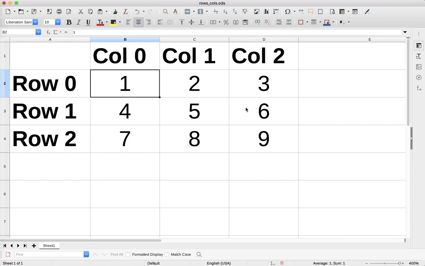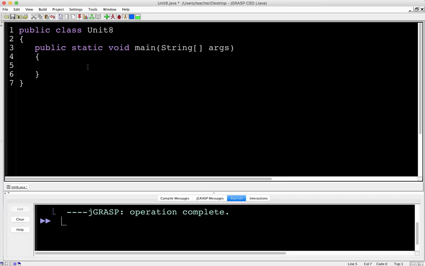Now I just put 1, 2, 3, 4, 5, 6, 7, 8, 9 in here just as an example, like a telephone keypad. But this could have been 34, this could have been 98. It doesn't have to be any particular value, especially if we're using, for example, in this case, integers. Okay, so let's go back to JGrass, which we're using, and get started on a little bit of programming in